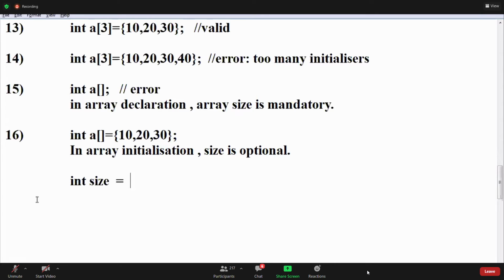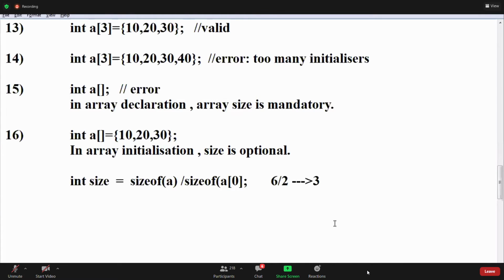Guys, how to know the size of this array? Find out the total size, guys. Yeah, total size divided by one element's size. Okay? Size of A. What is size of A, guys? We get the total size. What is the total size? 6, divided by the size of one element. Take one element, guys. Now total size of A means 6 by 2. What is 6 by 2? Then the answer will be 3.